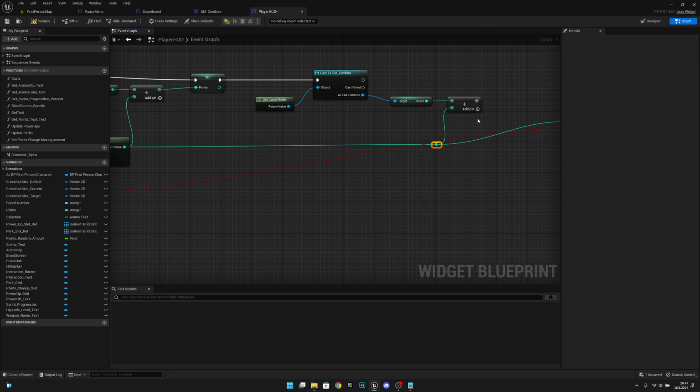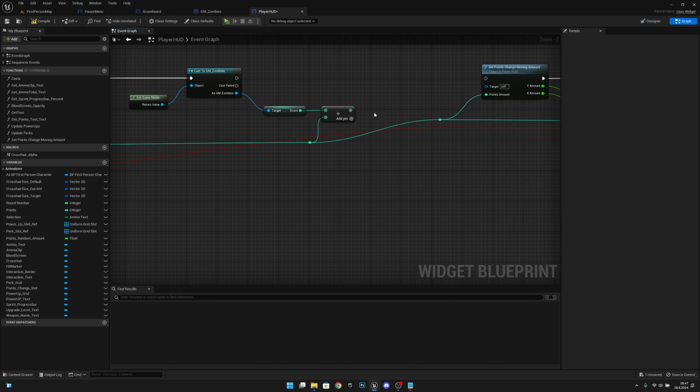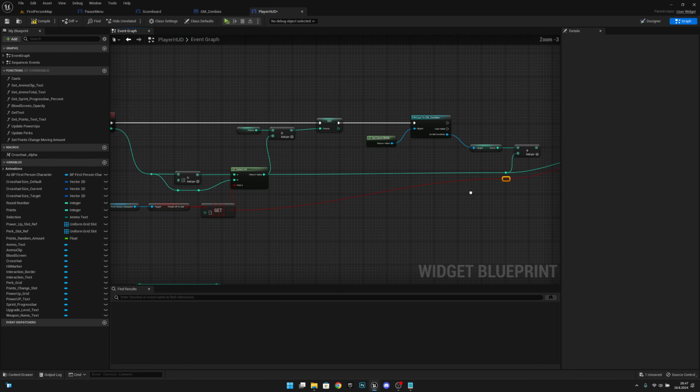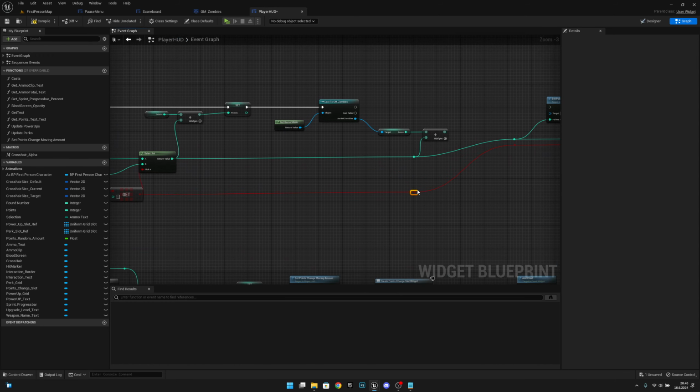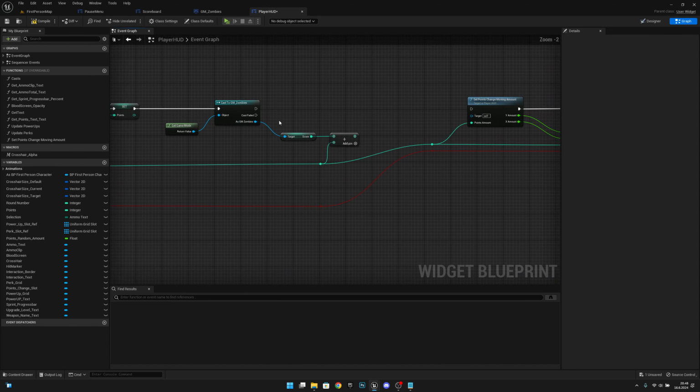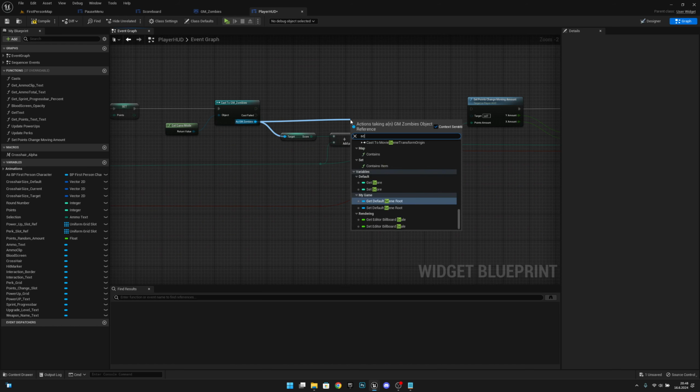Let's connect it to here. Actually, let's make it like that. Let's also add a reroute to this red line and move it to here. Actually, to here. Yeah, and now from here we want to also get the score again, and we want to